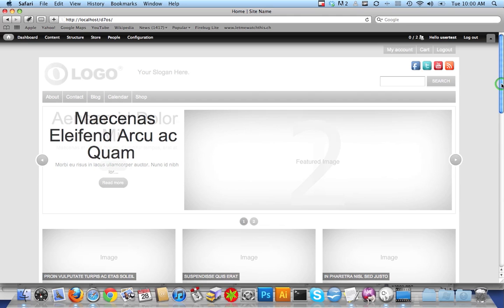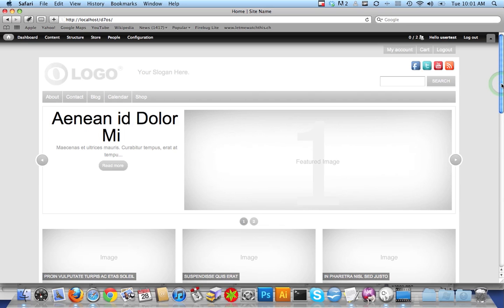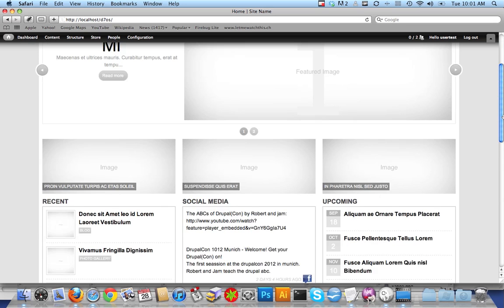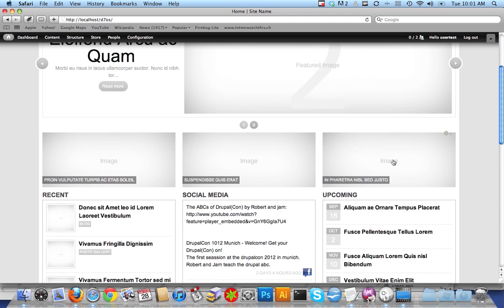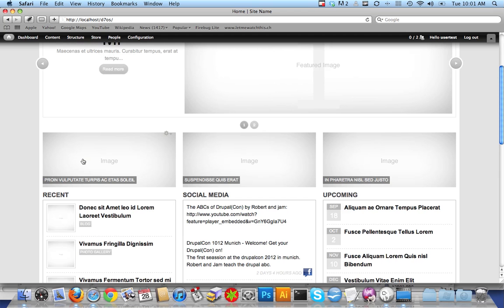All right, we're going to take a look now at how to manage the call to action links, the blocks on the home page. These are what we're calling call to action links. They can be used for advertisements or calls to action, which would be something like, for a nonprofit, donate now, or for an e-commerce store, buy now, to push them through. These would be items that you want to push your visitors directly to in as few clicks as